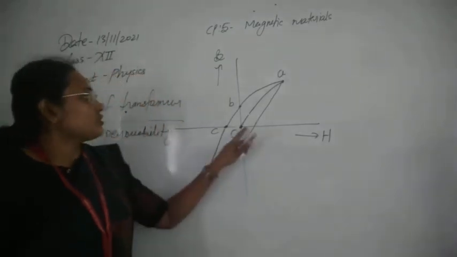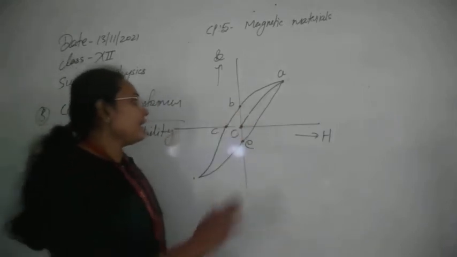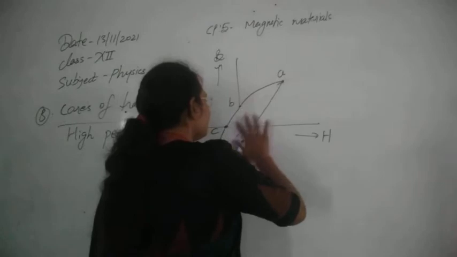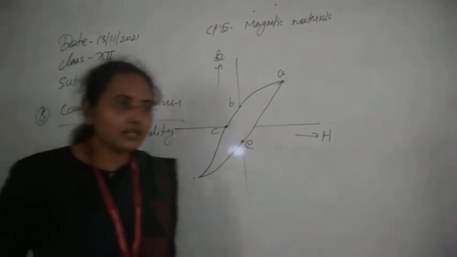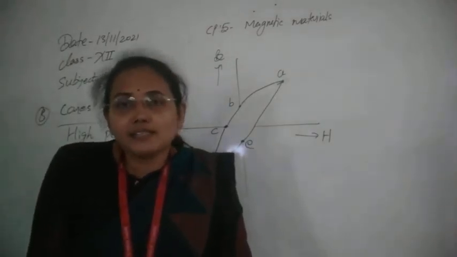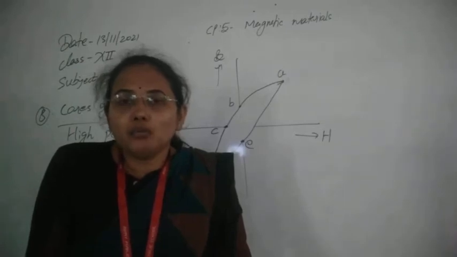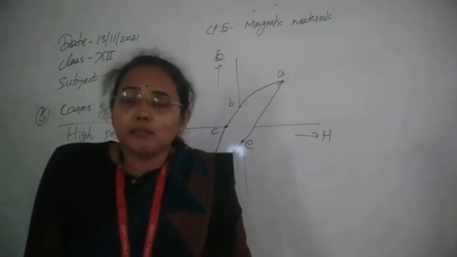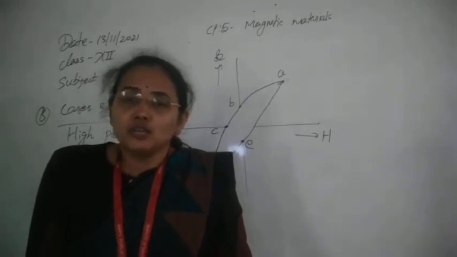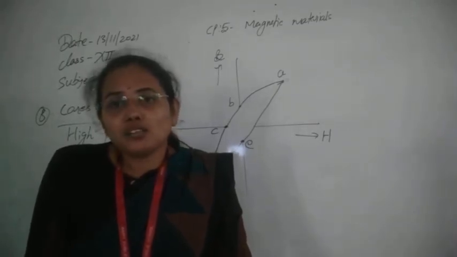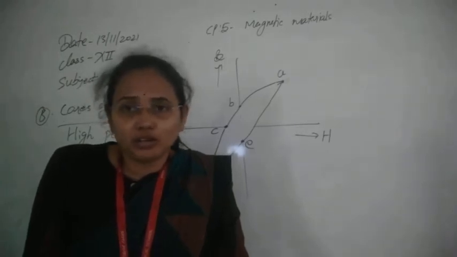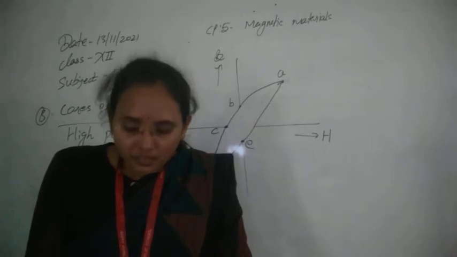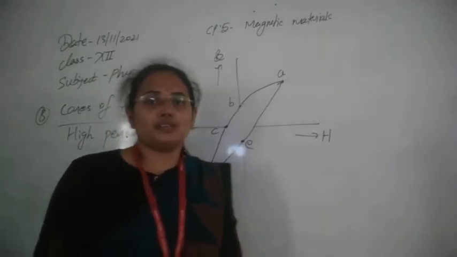Now one more thing in the hysteresis loop, that is the area enclosed by this hysteresis curve. You can see this area. The area that it is covering is showing the energy lost while we are applying the magnetizing field. So it simply shows how much energy is lost by application of the magnetizing field in the magnetization process. So the greater the area of the curve, the greater the loss of energy whenever we apply the magnetizing field. So we will need a very high amount of energy if its hysteresis curve is very broad. So this predicts how much energy we need in this kind of situation.